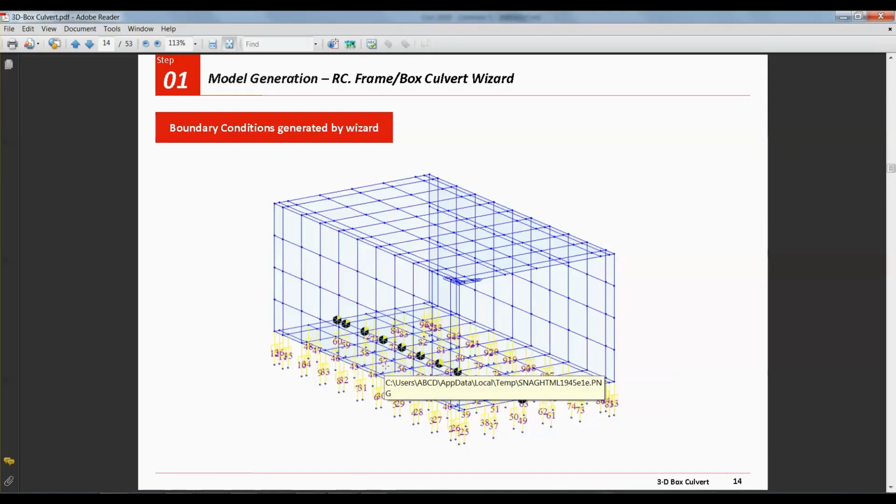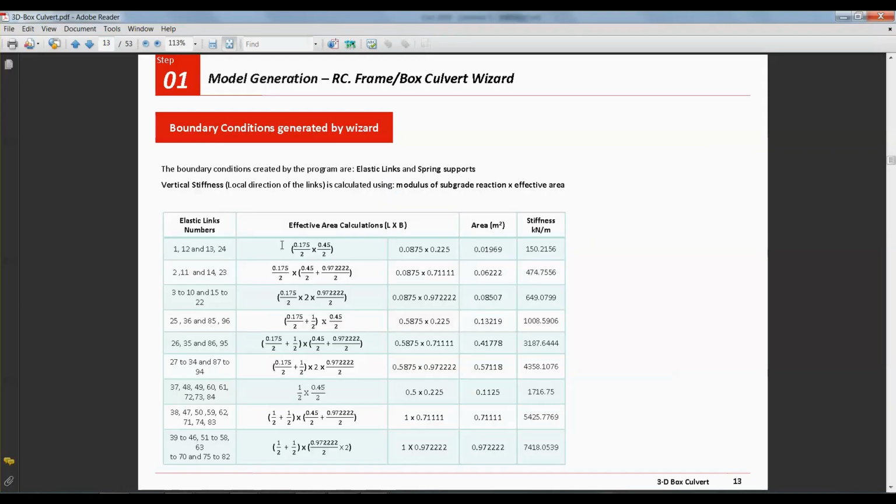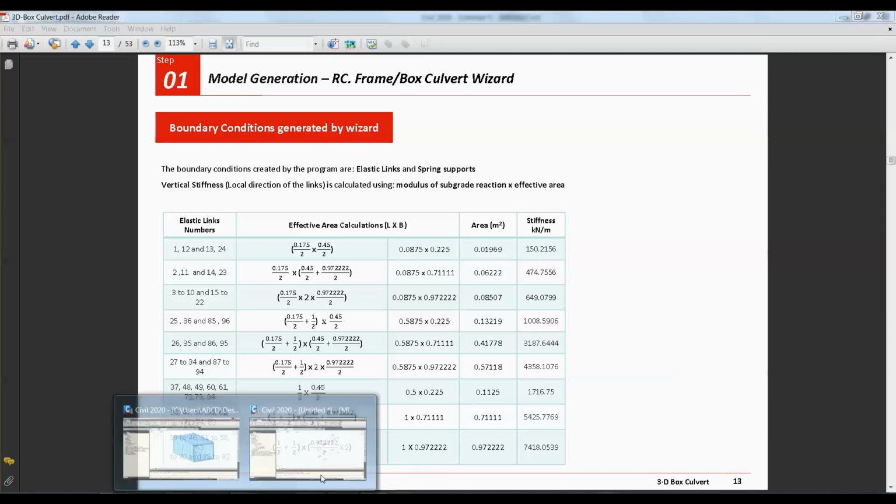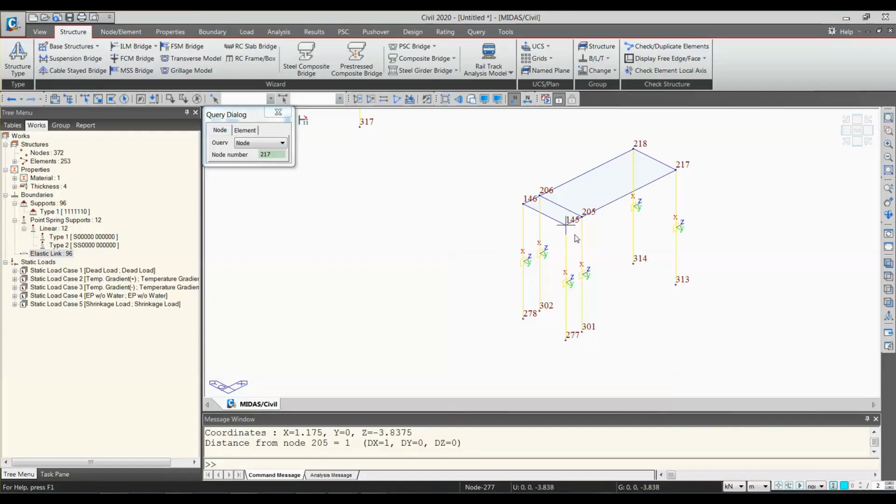As I said, this is 0.175 by 2 into 0.45 by 2, because half would be taken only and the other half would be taken by another elastic link. So the area is this much, and the stiffness would be area into modulus of subgrade reaction, which is 150.2156. So let's see how this is from 145 to 277.